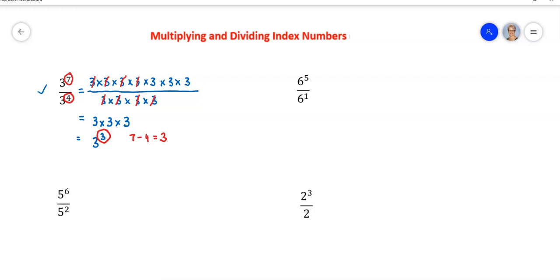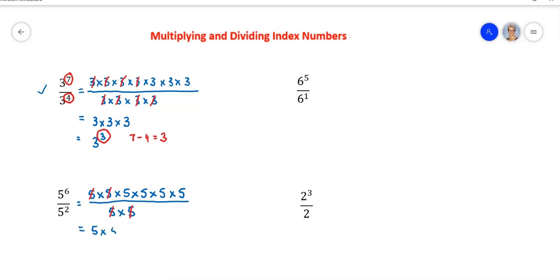5 to the power of 6 divided by 5 to the power of 2. So we have 5 times 5 times 5 times 5 times 5 times 5, 5 multiplied 6 times. And this is over 5 squared, which is 5 times 5. Once again now, I'm going to cancel out the 5's at the top and the 5's at the bottom. This 5 will cancel with this one. This 5 will cancel with this one. And I'm left with